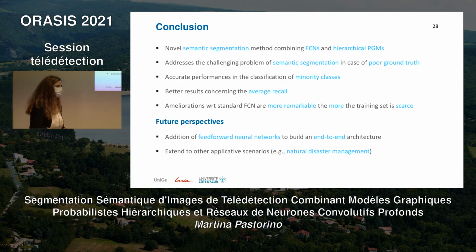To conclude, I presented a semantic segmentation method combining fully convolutional network and hierarchical probabilistic graphical model that addresses the challenging problem of semantic segmentation methods based on deep learning in case of poor ground truth data. The performances are quite accurate, especially in the classification of minority classes, and it obtains higher average results for the recall with respect to the state-of-the-art techniques. This amelioration with respect to the standard fully convolutional network is more remarkable the more the training set is scarce and approaches the case of sparse